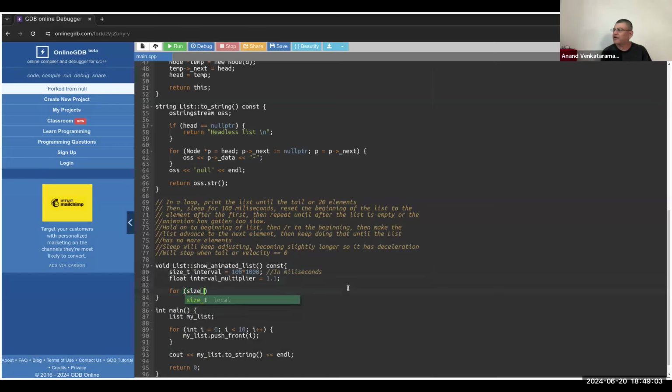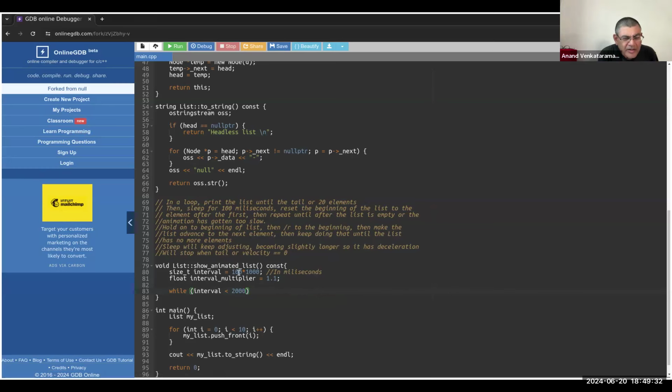No, while, while interval is less than, is it two? No, hang on one sec. Okay, 2 seconds is 2,000 milliseconds, isn't it? 2 seconds is 2,000 milliseconds. All right, 2,000. Now, how many multiplications of